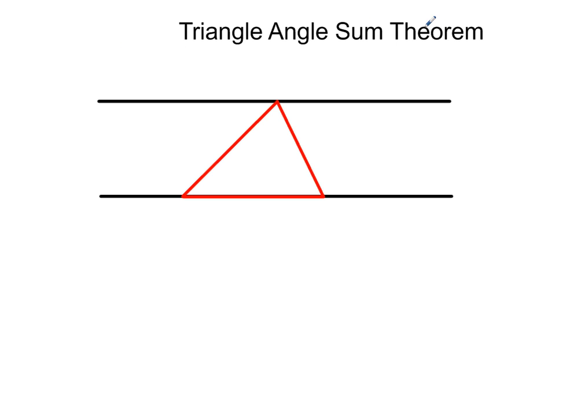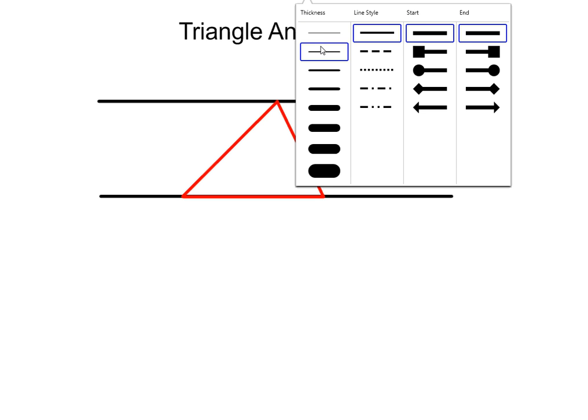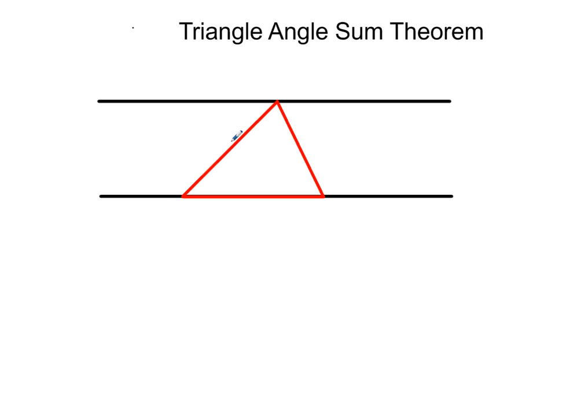The triangle angle sum theorem, we've already gone over this. I'm going to kind of just prove it a little bit with this. I'm not going to do a formal proof. I'm going to prove it with a picture and just talk you through it. We already know how many degrees there are in a triangle, or the sum of the measures of the angles in a triangle. We went over that in class before. This is just kind of reiterating that. All right, so